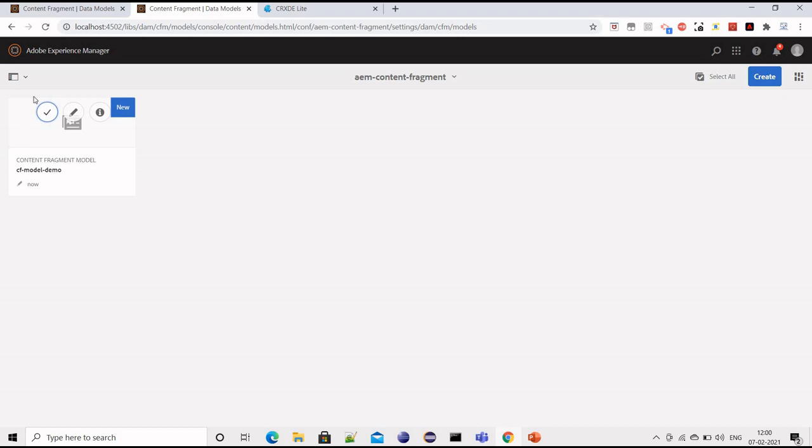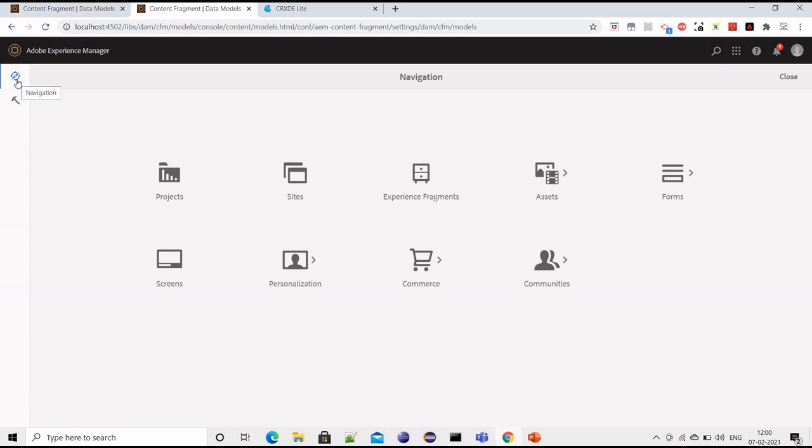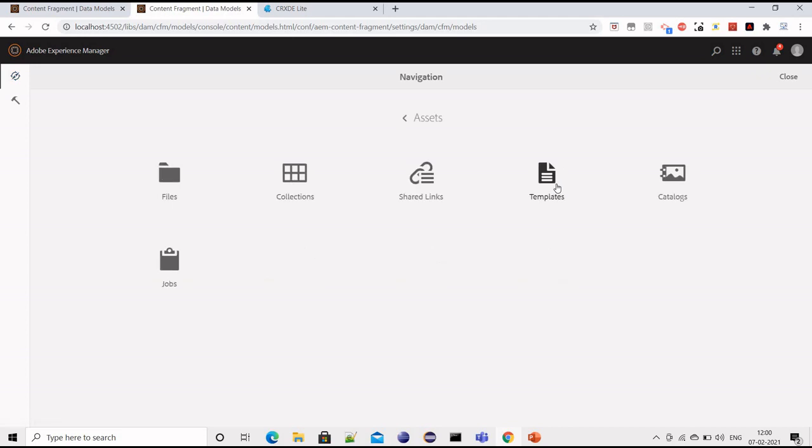We have created a content fragment model. After this, now it's time we can create a content fragment using this content fragment model. What we have to do is go to assets, because a content fragment is also treated as an asset. Like you have images, right? In a similar way, once you create a content fragment, you will have renditions generated. So metadata, properties, etc. Whatever we have for DAM assets, everything will be there for content fragments as well.